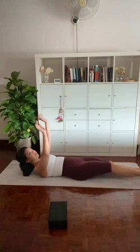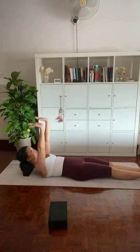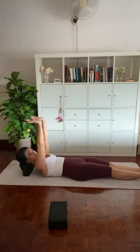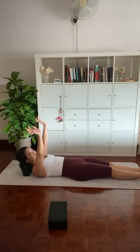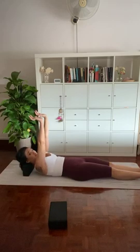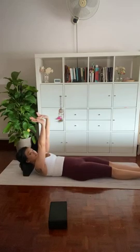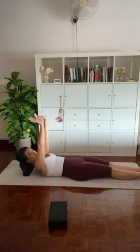Bring your hands up towards the sky. Keep your arms straight. Flex your hands so your fingertips point towards the back of you, and press the palms like you're doing plank. Shoulder heads off the ground. Spread the shoulder blades on your back, protract your shoulders, squeeze your feet together, try to keep your